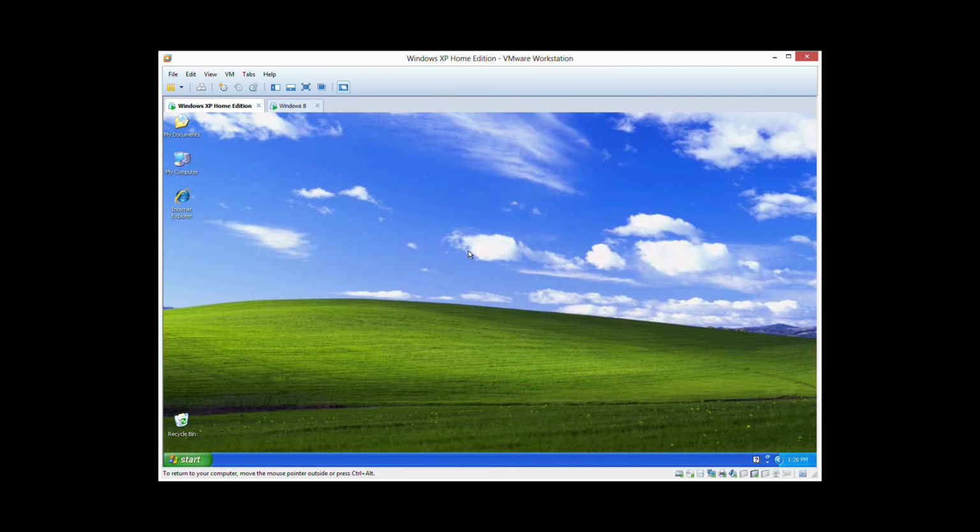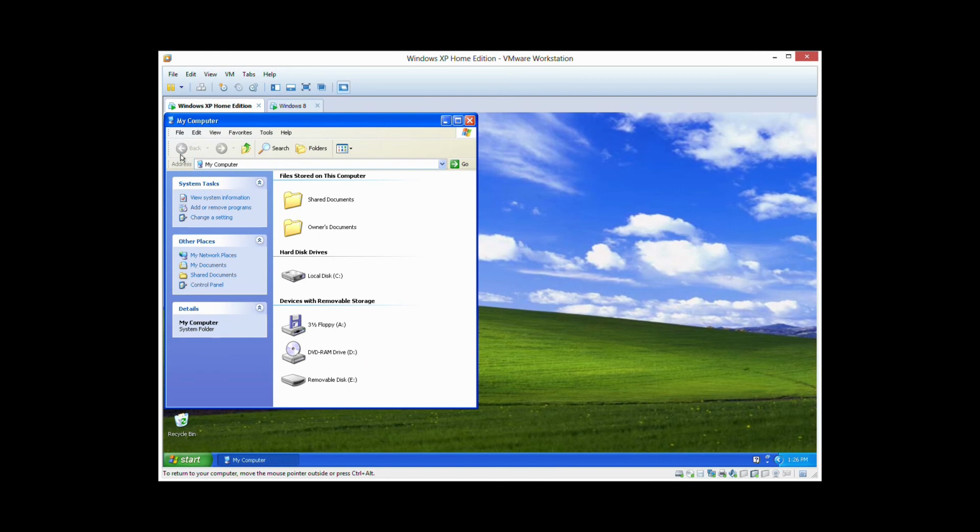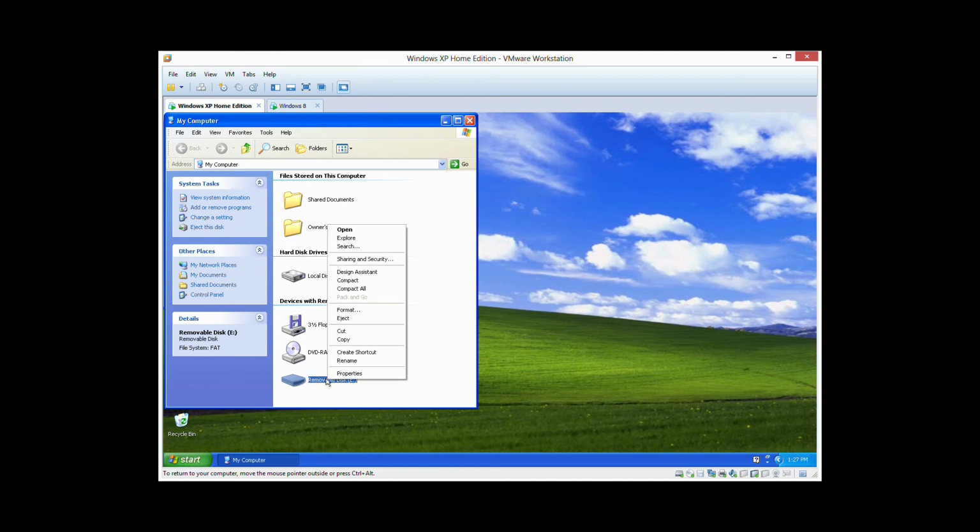Now the last thing I want to show you is labels for our drives. I'll just go into my computer. Now we can see the drives that we have here. We have the hard disk drive C, the floppy A, in my case a DVD drive D, and this is my USB stick. Now I might own, I don't know, 10 USB sticks, and I'd like to know which one's plugged in. So what I can do is right click in properties,